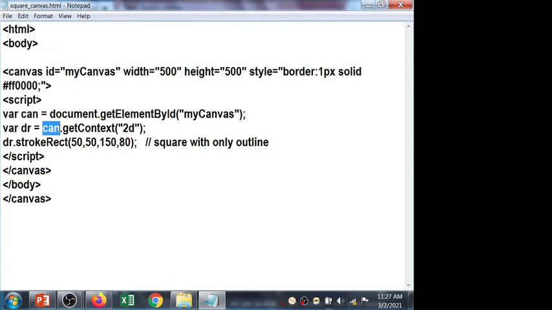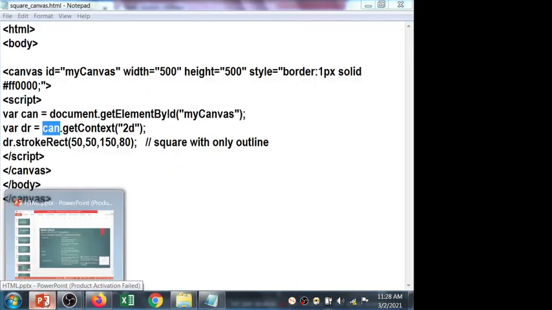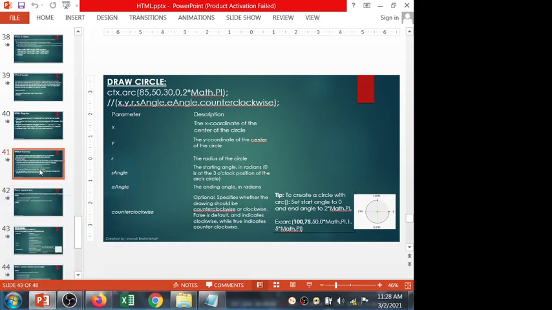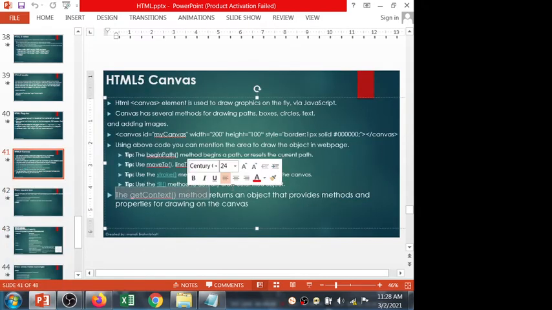In the second line within the script tag, I have mentioned the previous variable which I have declared, can dot get context. Now get context method. The get context method returns an object that provides a method and properties for drawing on canvas.